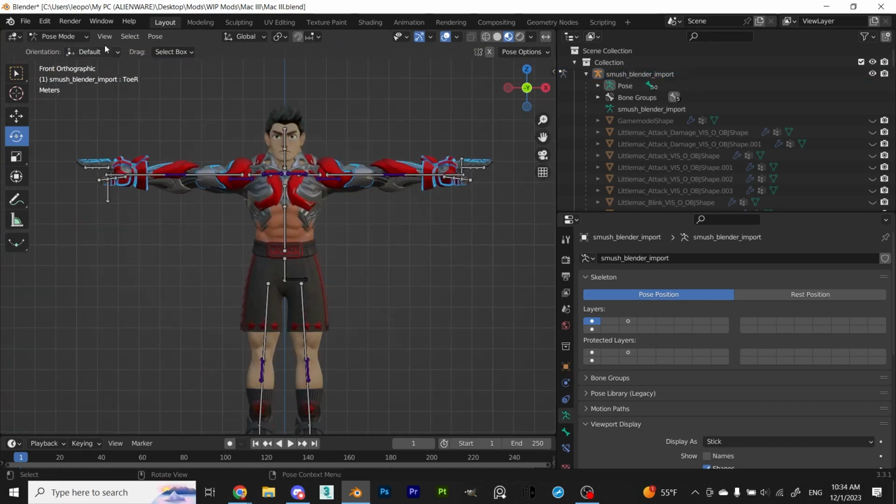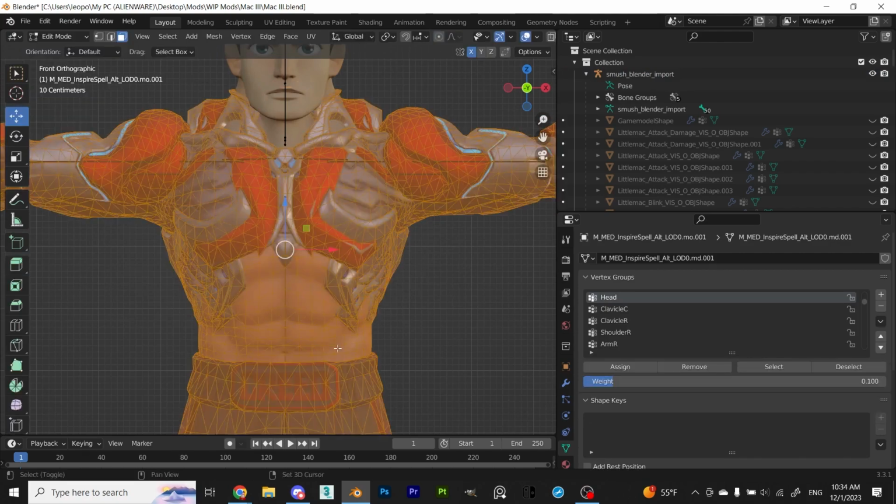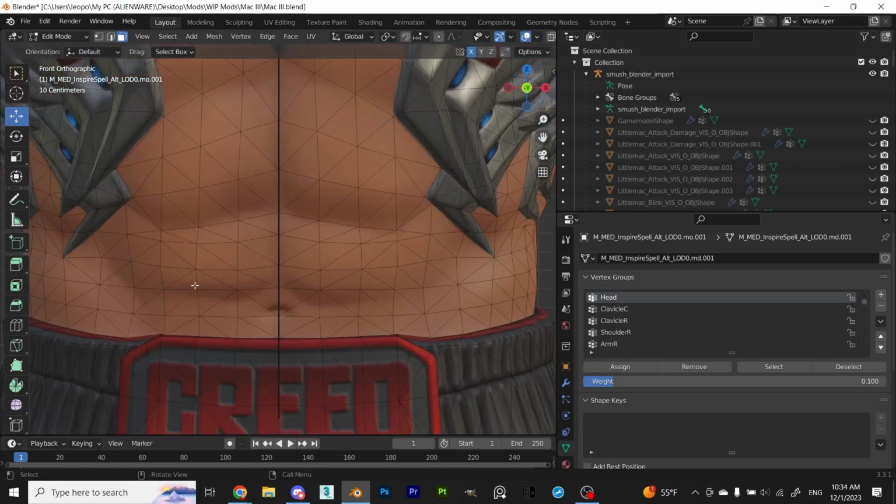Once everything is rigged and weighted, I separated the stomach from the rest of the body so that I could apply a skin material to it later. It's mostly just tedious work.